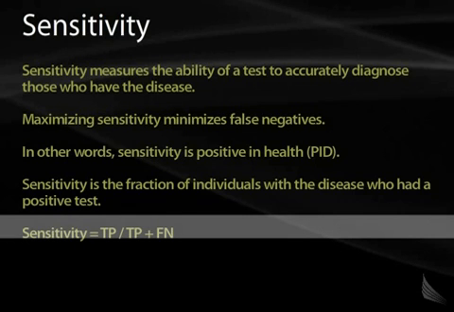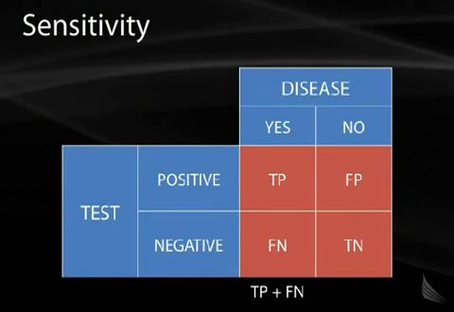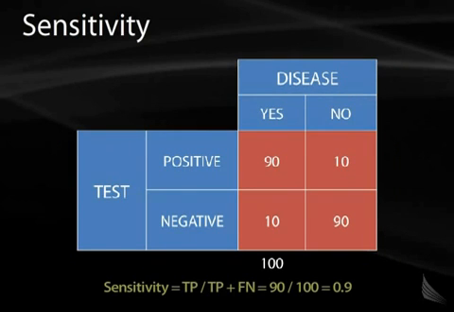false negatives. Graphically, often it's helpful to look at these values in a 2x2 table setting. Again, with the disease state listed in the columns and the test result listed in the rows. In this format, the sensitivity will be equal to the top left square, divided by the total number in the first column, or the true positives divided by all the people who have the disease. So given the hypothetical data shown in the next slide, we can compute the sensitivity of this